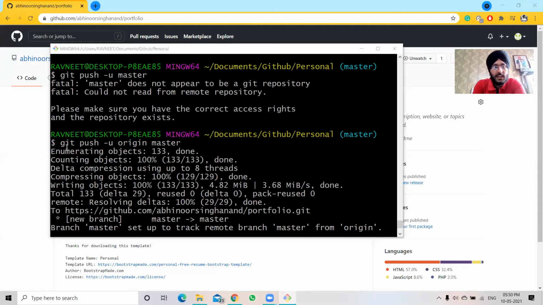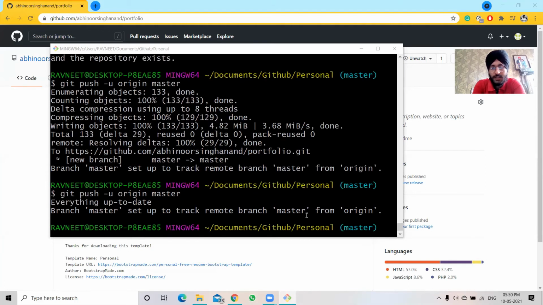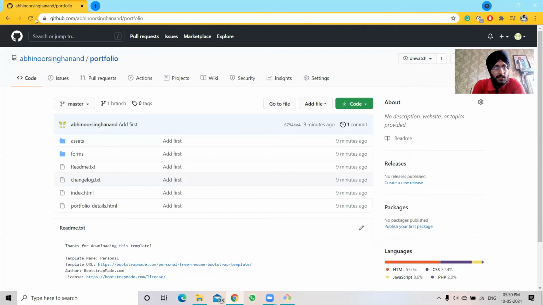So the next command that I will be using is git push -u origin master, and this is what it has shown me later. Now when I refresh my GitHub screen, see, as I've already done over here, all these files have been successfully added. That means that you have created your repository, remote and local repositories both.